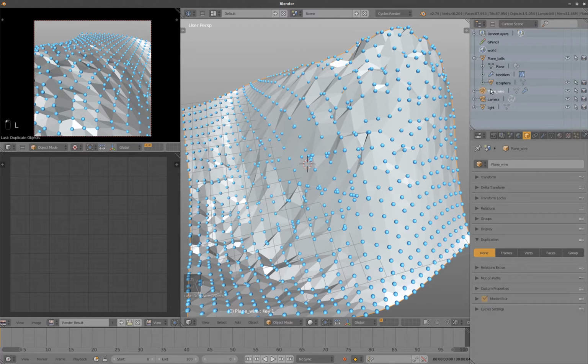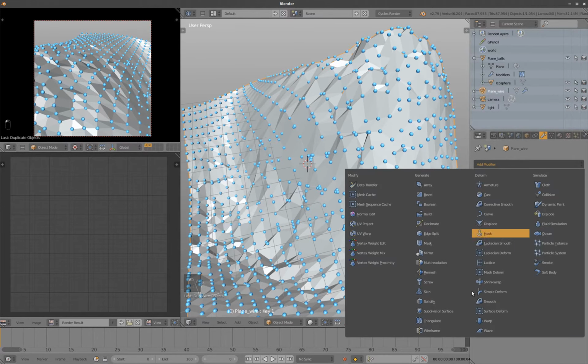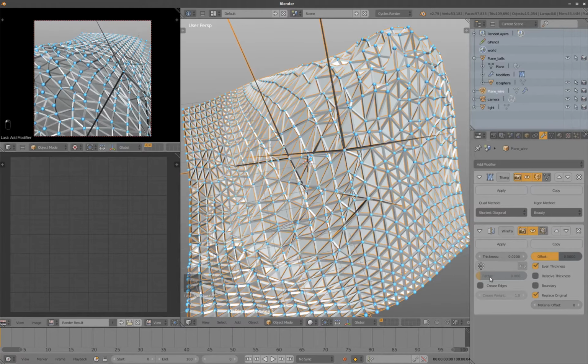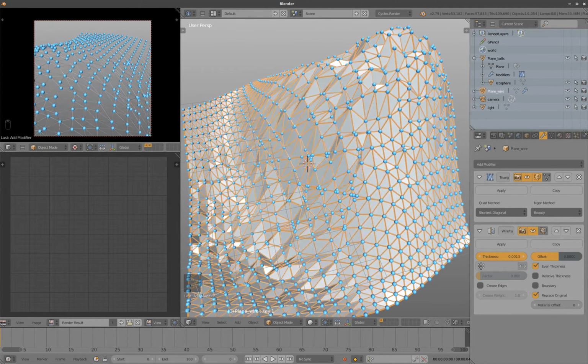And let's add, for the wire plane, let's add wireframe modifier thickness, something like 0.001,